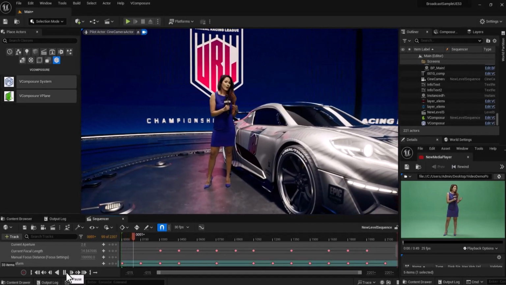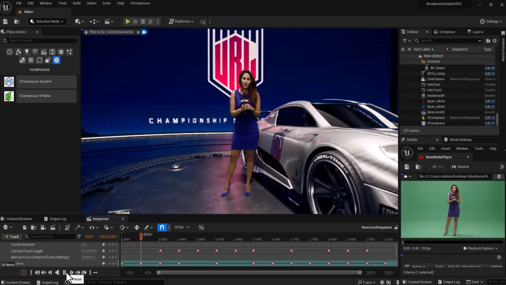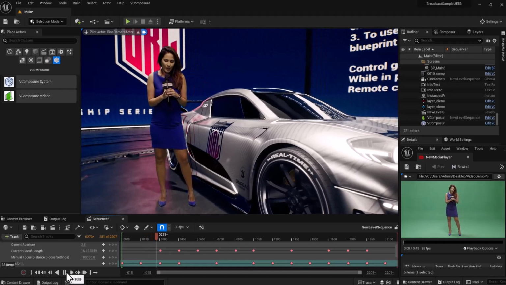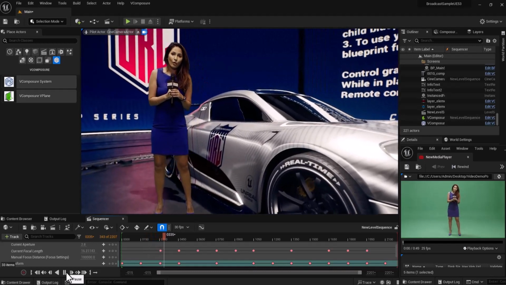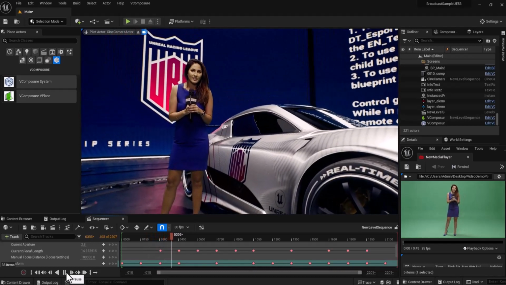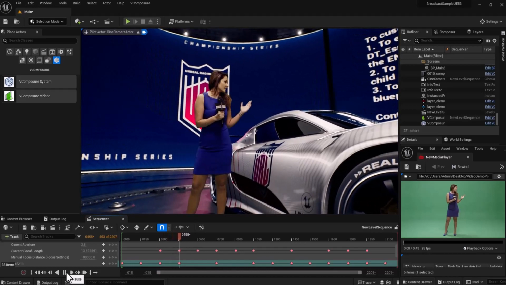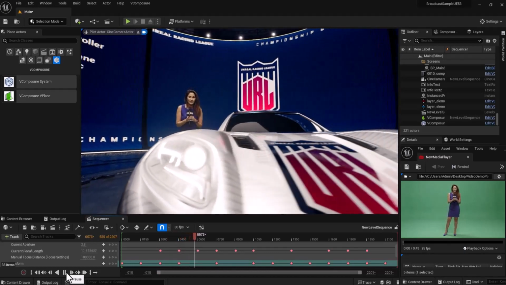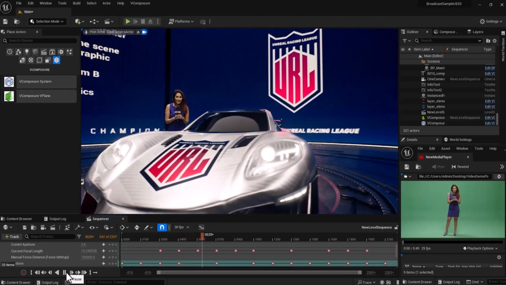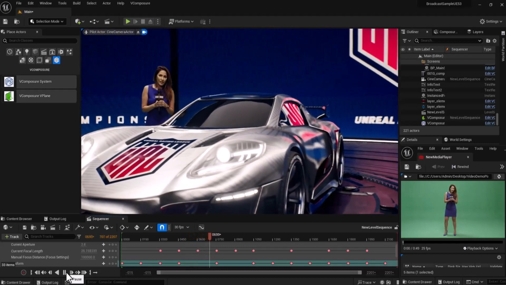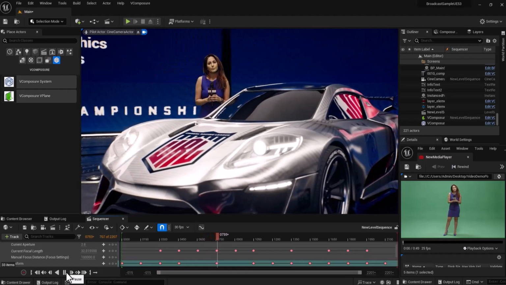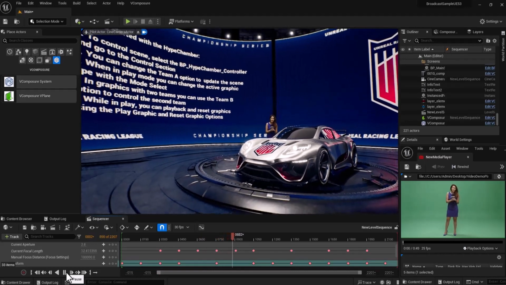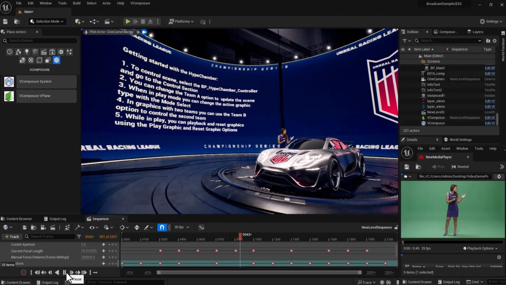Welcome to the tutorial on V Composure version 2, a remarkable upgrade that revolutionizes 3D compositing within Unreal Engine. Unlike its predecessor, V Composure version 2 employs a unique approach to 3D composition, solely utilizing media plate elements from its previous version to retain the streamlined workflow of chroma processing. This release introduces a refined compositing technique with two media plate elements, V Composure Alpha Soft and V Composure Alpha